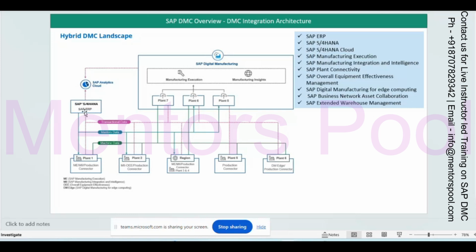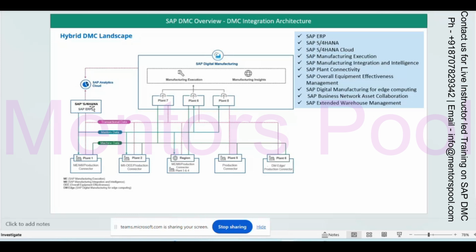So one S4 HANA system can be connected to multiple plants, whether the plant is available on-premise or on the cloud. Only the connection will be changed. On the cloud it will go through the CPI and then it will update here. The S4 HANA you are using is not on cloud; there are two S4 HANA systems, right? One is for on-premise and one is for on cloud.